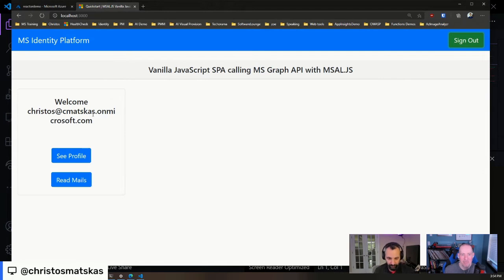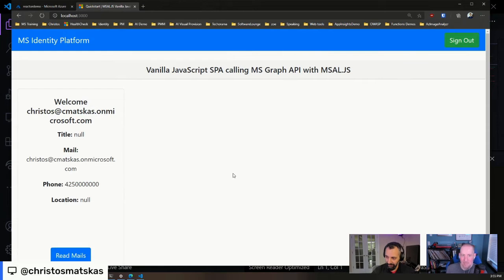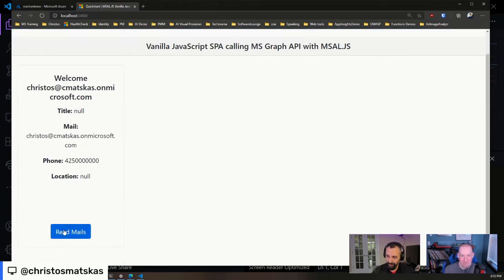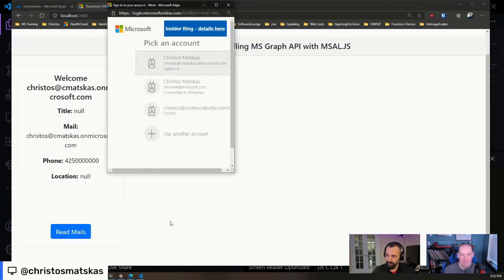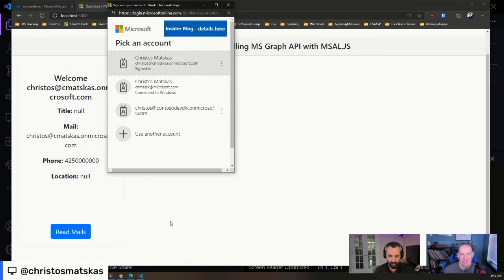Now, so far we've done the ID token, but I don't have any access token to go and speak to Graph, because for my profile or my emails, I need to get access to Graph. So if I say see profile, we already approved that. But for my emails, and this is fantastic, by the way, because in the old world of Azure AD, we